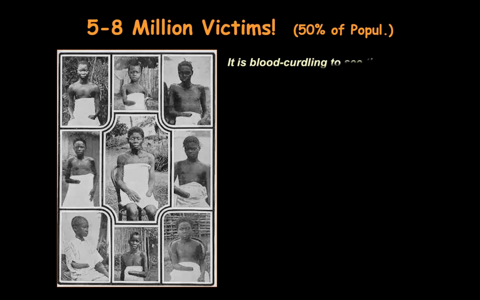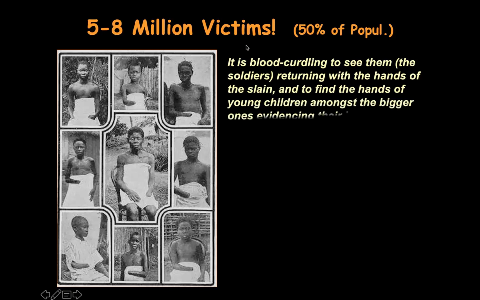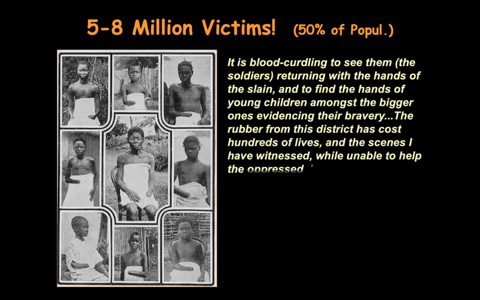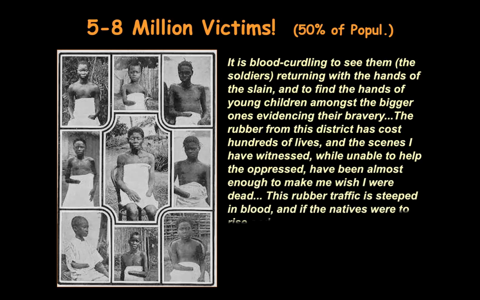And you're going to see, though, that there are about 5 to 8 million. It's hard to tell for sure. It's not like they were doing exact censuses, but 5 to 8 million people horribly disfigured. You just look carefully at the pictures and you'll start to see what I mean. Horribly disfigured by the Belgian troops. And King Leopold gave the orders for this, which is, how do you make sure people are punished? Well, you can cut pieces off of them, right?